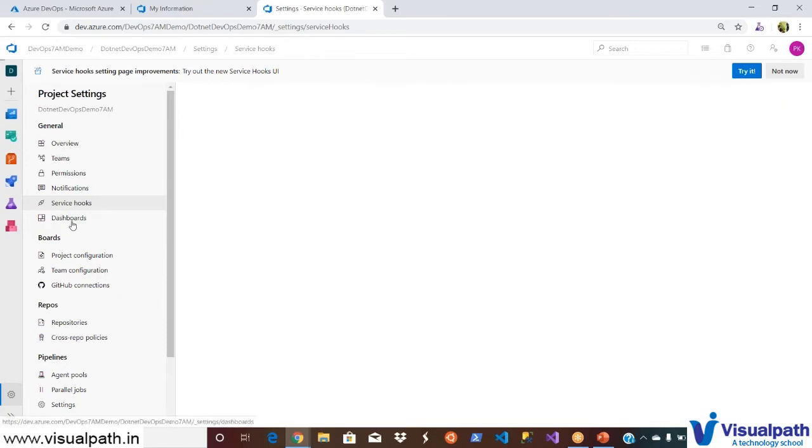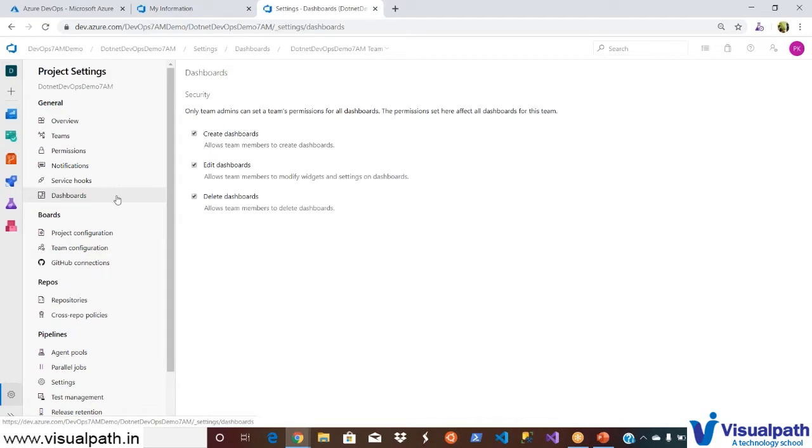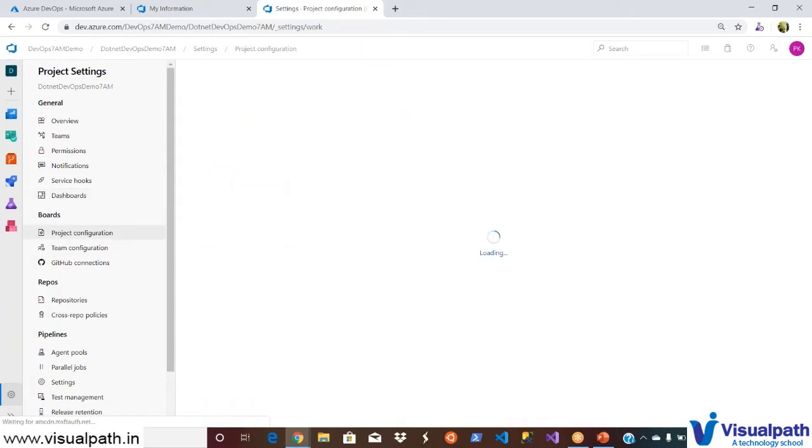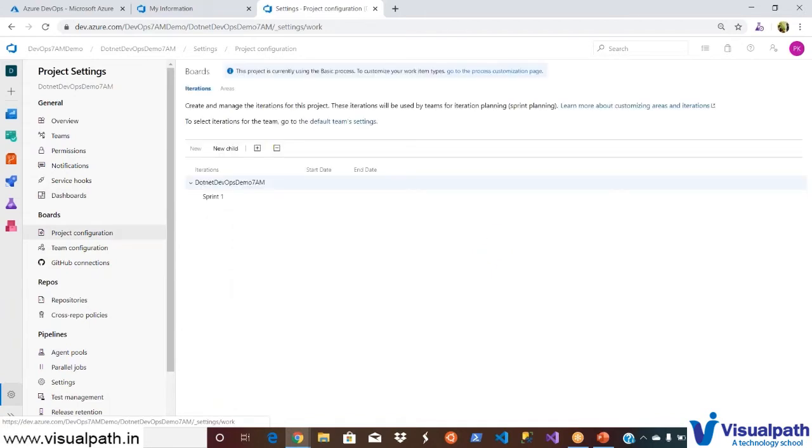Okay, and then dashboards. This is a regular dashboard that you see on your home page. This is static, and this data will be populated from the actions that you do, like how many builds failed, how many builds were successful, etc. Of course we can customize this dashboard as well, we will see. And then boards is nothing but Azure Boards. This is for planning purposes. We will be doing planning, like adding resources like developers, etc., and creating product backlog items and then assigning them to the developers or any team member like that.